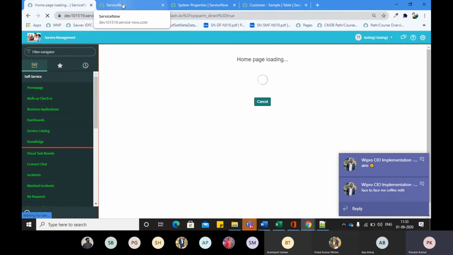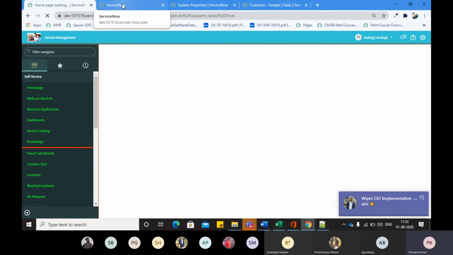So the first rule is that if you are creating a table and you have not created any access control list, this table will not be accessible to any end user unless the person is admin. Admin can access it, but any other user can't, right?